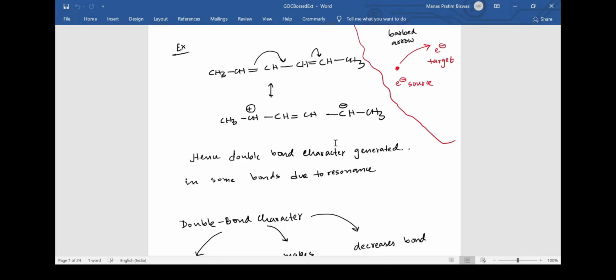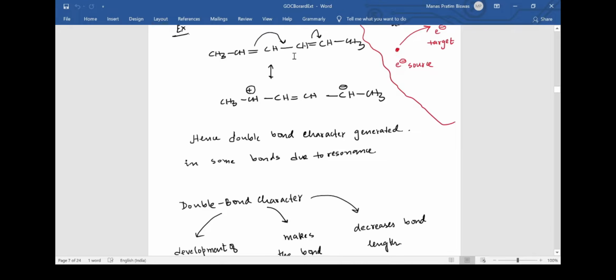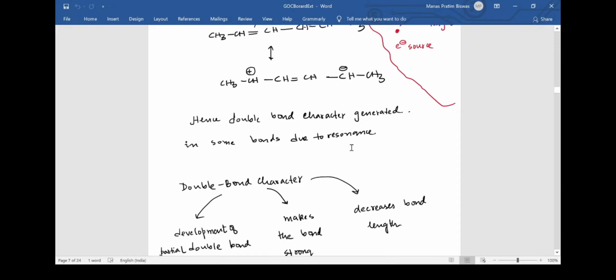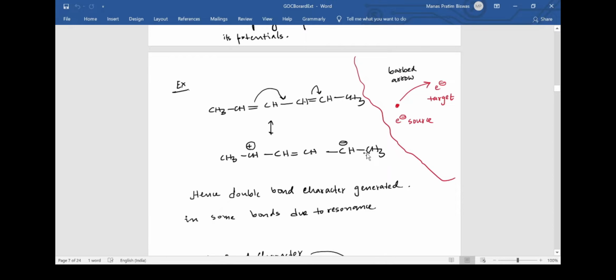And we can also infer from here that initially the middlemost bond was a sigma bond, but due to resonance we see that there happens to be a pi bond at some stage intermediate to these two structures. This means that in this bond at some point of time a double bond character originated. Why did it originate? So that the electron cloud gets dispersed. We all know that's the nature of resonance, and that is why resonance happens basically. So we can say that due to resonance a double bond character is generated in some bond, and this double bond character helps in the dispersal of electrons.